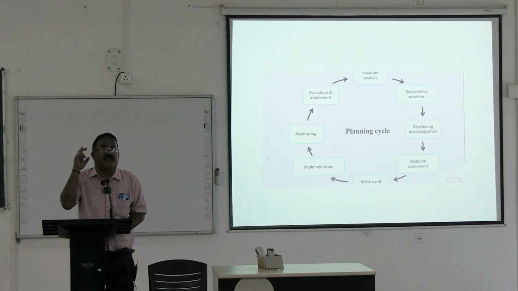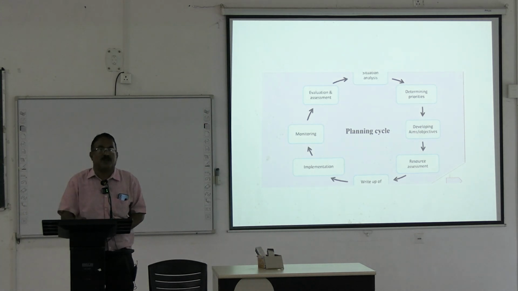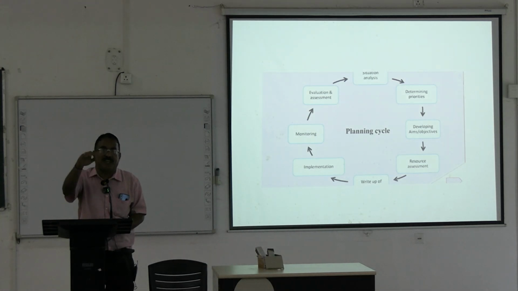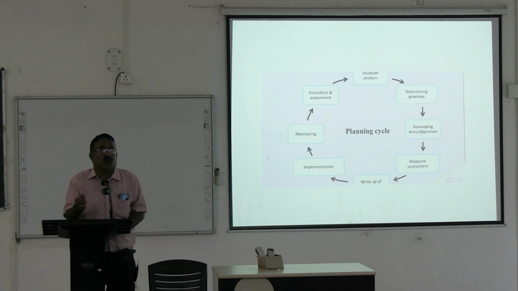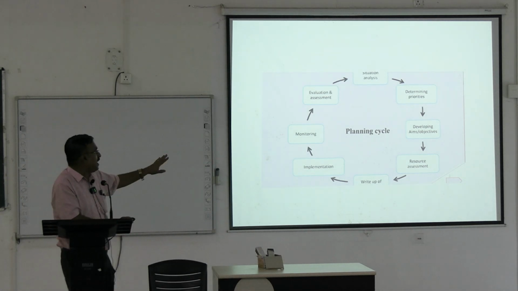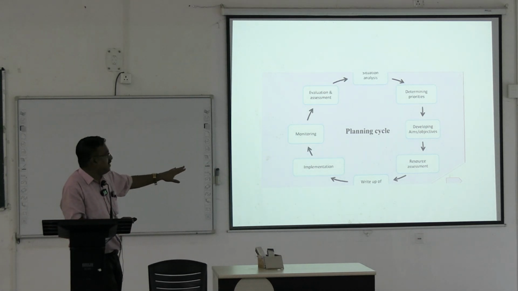You can't say, like when we were small, we heard "Garibi Hatao". 40 years back, we heard "Garibi Hatao". The definition of Garibi was different then, but Garibi has now increased. Increase means the Garibi scale has also increased, but the objective should be specific. You cannot make a general statement. Maybe you can say give a smartphone to everybody. Yes, it's possible, it's not impossible, but you should know how to use it also. So, develop aims and objectives which are feasible.